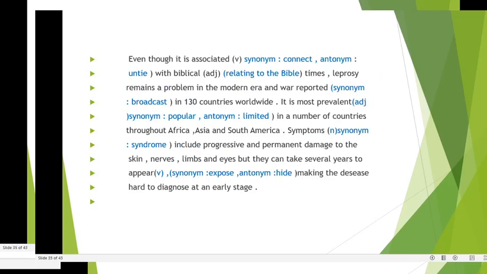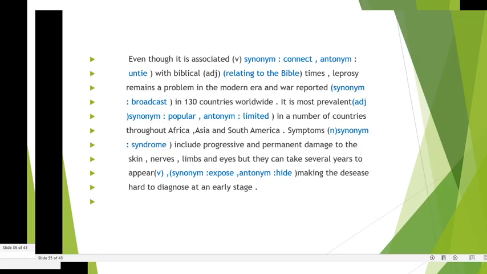Even though it is associated with biblical times, leprosy remains a problem in the modern era. এমনকি যদিও এটা বাইবেলের সময়ের সাথে সম্পর্কিত ছিল, লেপ্রোসি, এই কুষ্ঠরোগ আধুনিক সময়ে এসেও একটা সমস্যায় রয়ে গেছে, and was reported in 133 countries worldwide, এবং বিশ্বের প্রায় 130টি দেশে এটা বিস্তৃত হয়েছে. It is most prevalent in a number of countries throughout